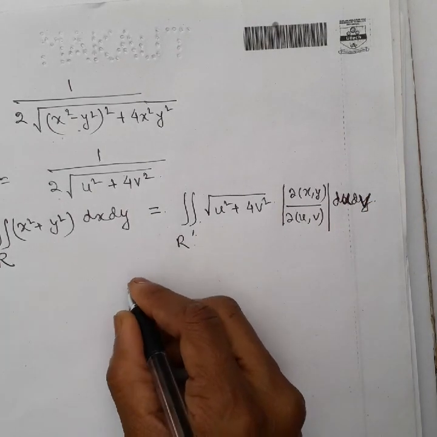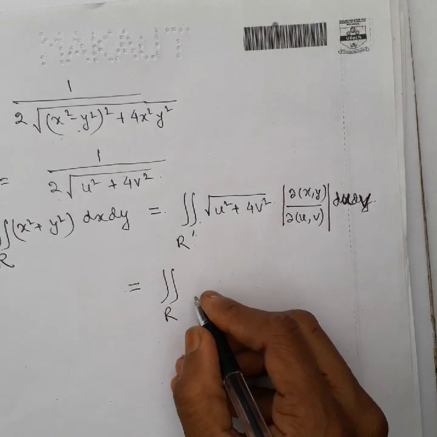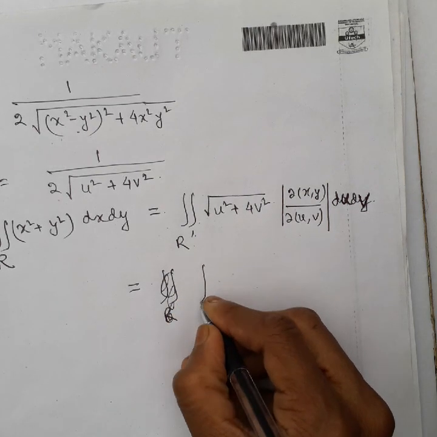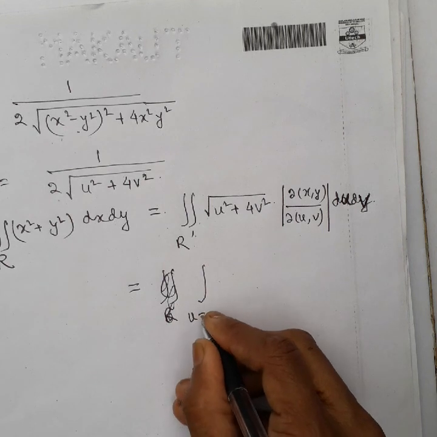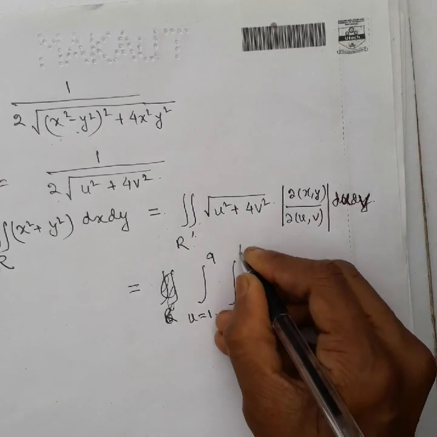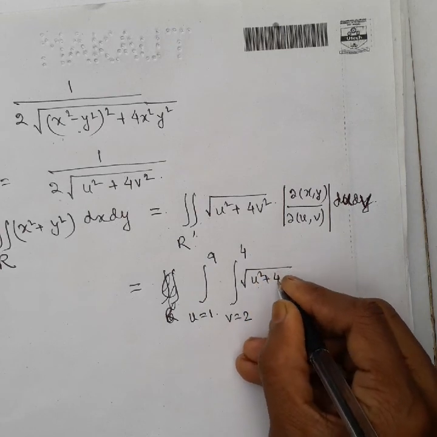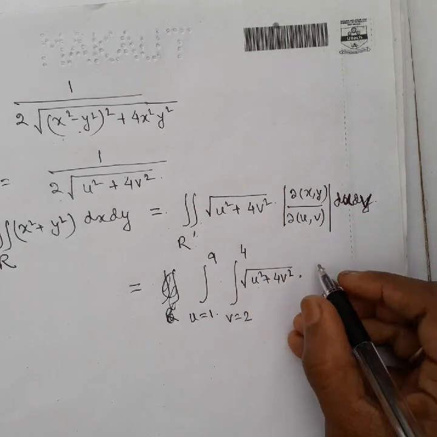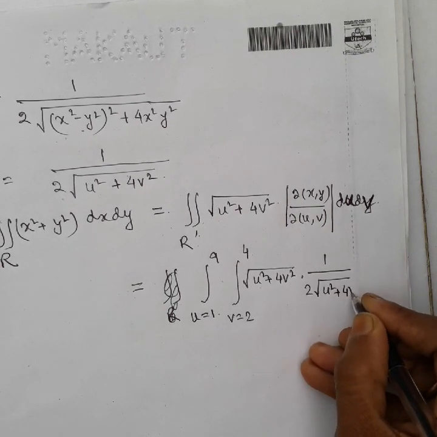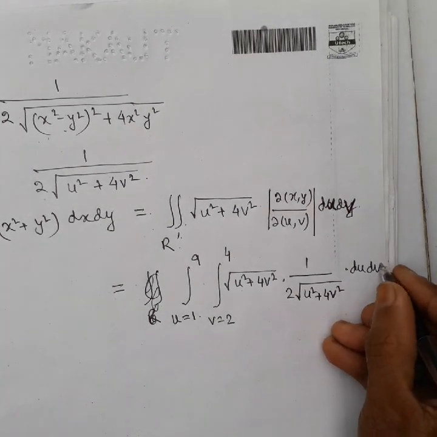Okay, so this is equal to the double integration over the region R dash. Sorry, we put here the integration limits: u is equal to 1 to 9, v is equal to 2 to 4, root over of u square plus 4v square into 1 by 2 into root over of u square plus 4v square, du dv,